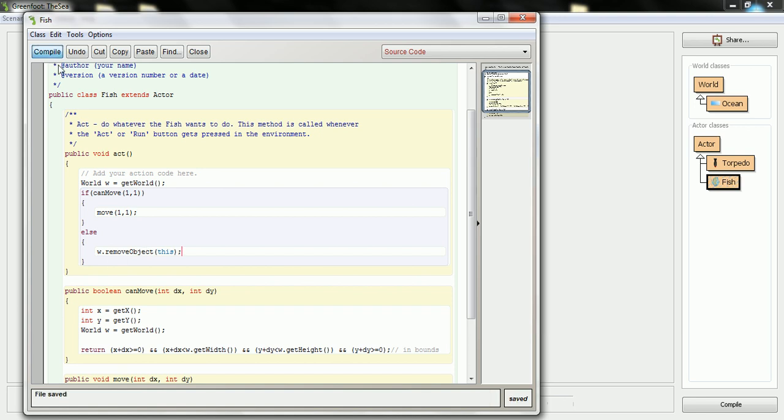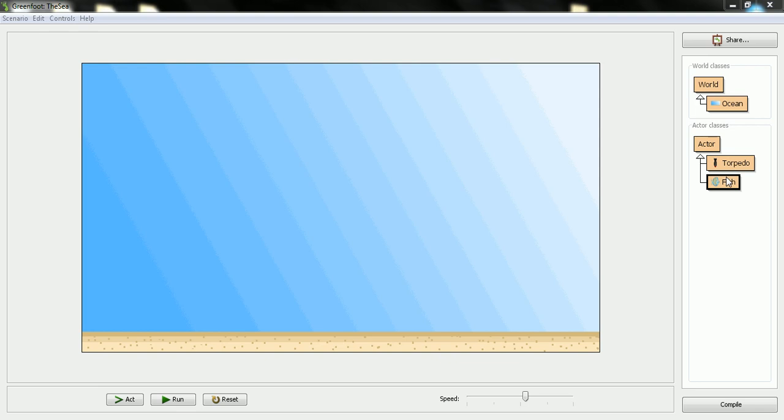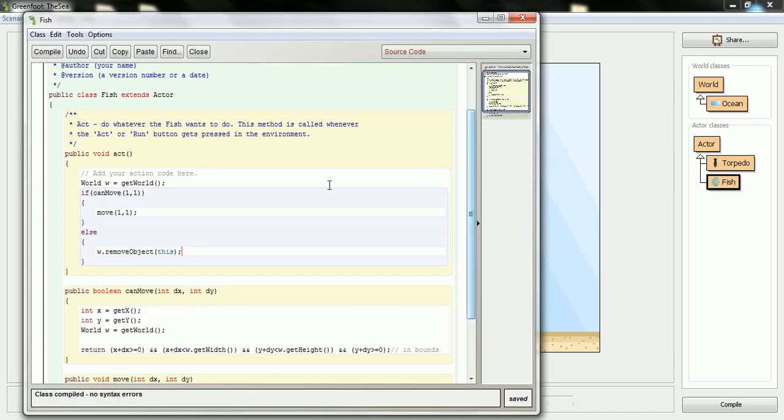So let's just stop here, and that's another great thing about the behavior in Greenfoot, is we can go and test our method and see what's happening. So watch what happens when I run this. Well, it's not very interesting. It's moving in that diagonal, and it did remove itself. So things are not bad, but the reason it's doing something weird is we didn't change the way it could